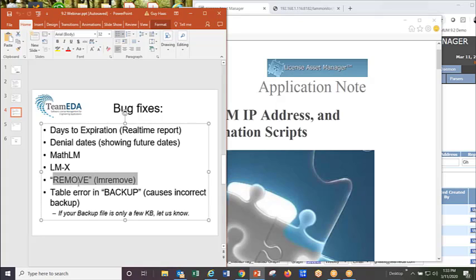We found a bug in the remove function. If you've upgraded to 9.1, in the user details table, there is the remove button. I don't know if you've attempted to use that, but we found the bug. It wasn't working properly, or wasn't working at all. So we fixed the LM remove command that's underneath the remove button. And now it uses the license file path method, whatever that is. If you have any questions about what we fixed there, just write